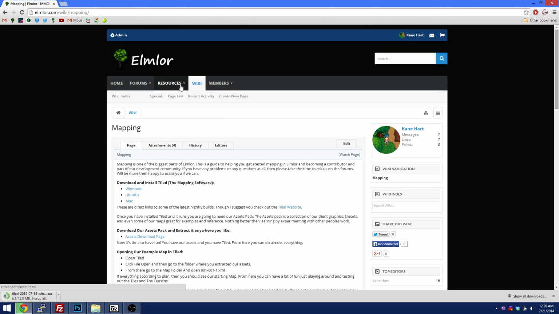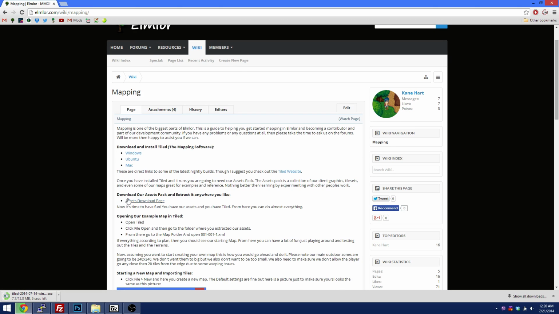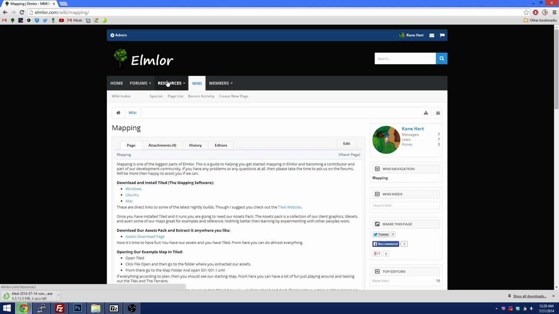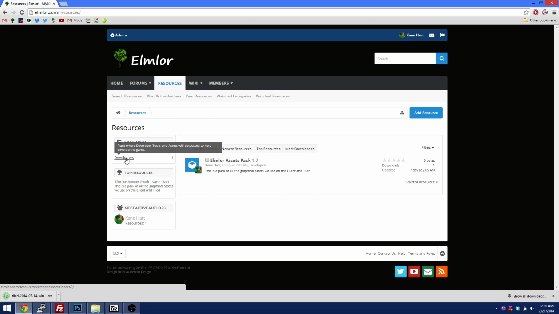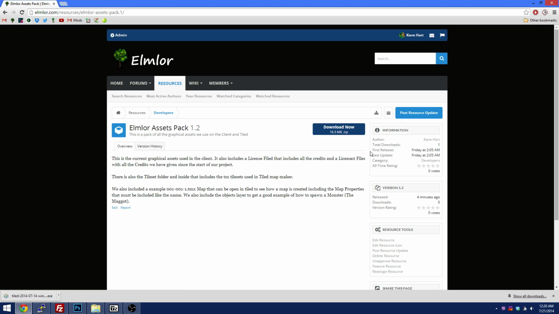We're now going to go to resources, and it'll actually tell you here as well, download our asset pack. But I'll show you the full way to get there if you have a problem finding that link. You go to resources, and then basically there'll be a developer section, and it's called the Elmlore Assets Pack. So right now it's 1.2. I keep it updated. It was updated 4 minutes ago. You download the pack, and it should be faster than the Tiled website,